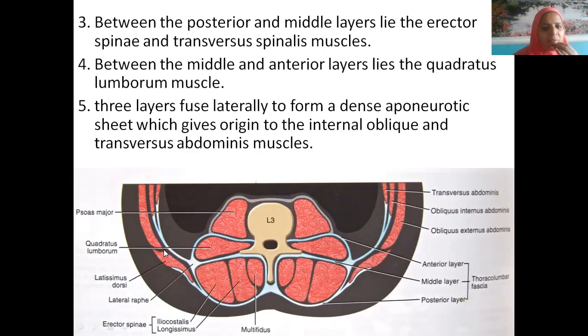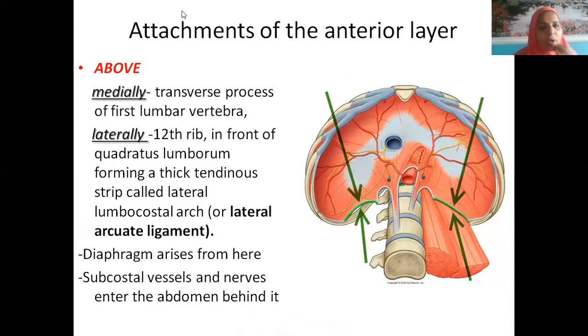From where you will see the origin of internal oblique, and you can see two muscles here. If you see from the anterior abdominal wall aspect, we have three muscles, no? External oblique, internal oblique and transversus abdominis, all labeled. So from the thoracolumbar fascia, the second and third, both muscles take their origin. This we have studied when we were doing the muscles of the anterior abdominal wall also.